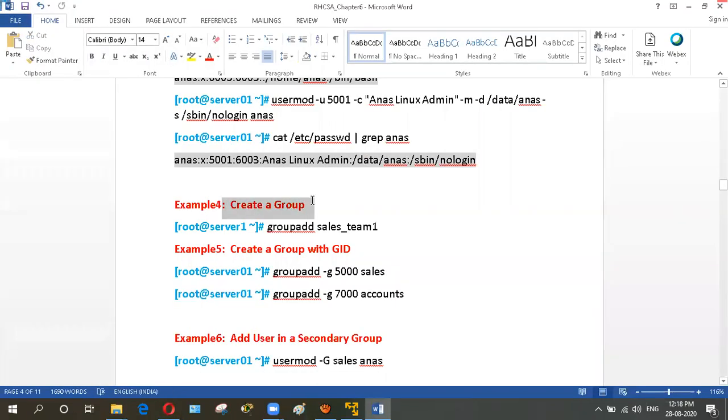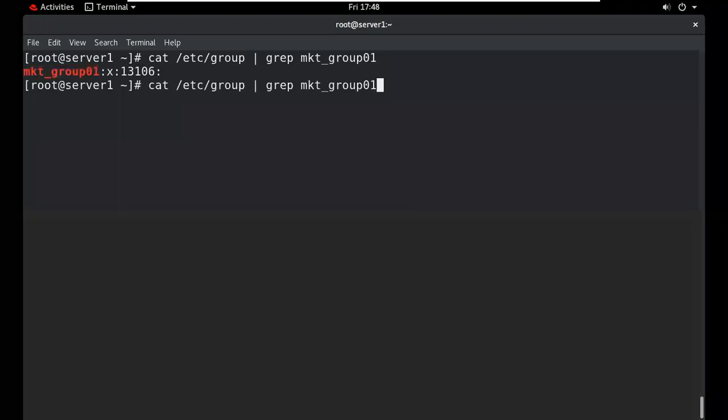So we want to create a group, so we can use this particular command, and we want to create a group with a group ID. We want to create any group by a group ID name, so we can use the -g option. Suppose we want to provide a group ID. It's the name of the group.